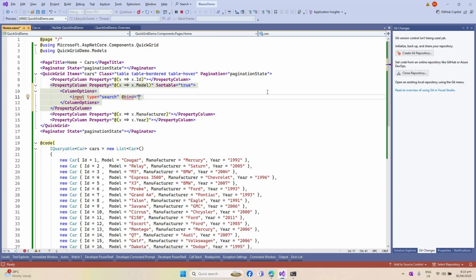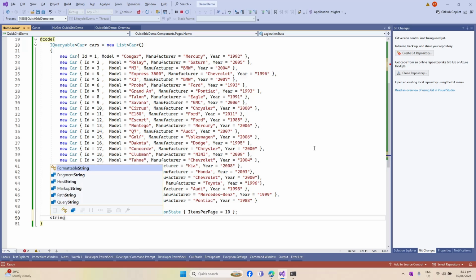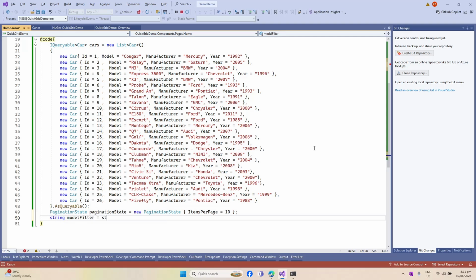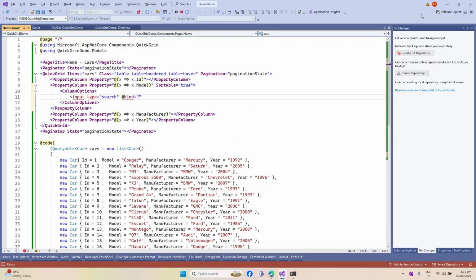So in this case we haven't added one. Let's just add one here. Let's name this string of model filter, initialized to an empty string, then set it here as our filter name. And then one thing to remember also is we need to bind this to an event, which would equal on input. Now what happens is that when you type characters into this search box, QuickGrid would react and then